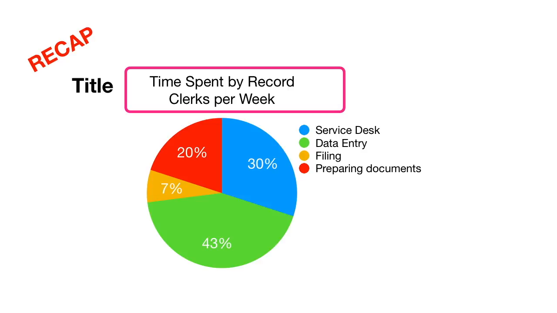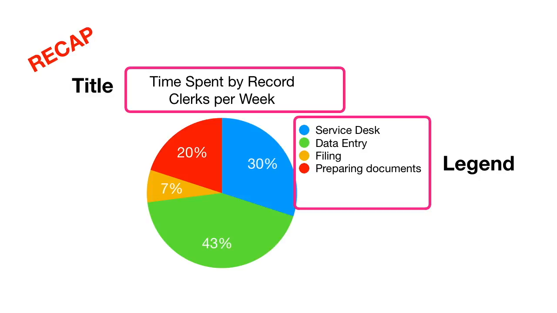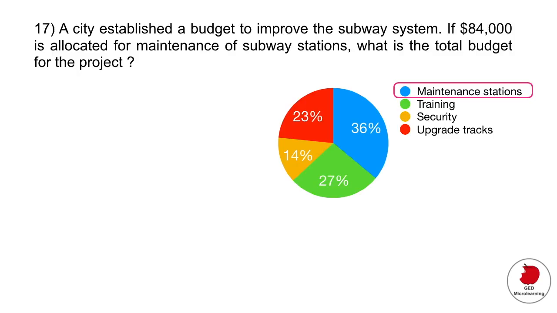So usually you have at the top a title, which is telling you what this information is about. And then you usually have a legend to the side, which is telling you what each of these slices represents, okay? So if we go back to our question, it's asking us maintenance of subway stations, which is the blue slice, which is 36% of the total budget. All right, so what you would do is you would set up a proportion like this,